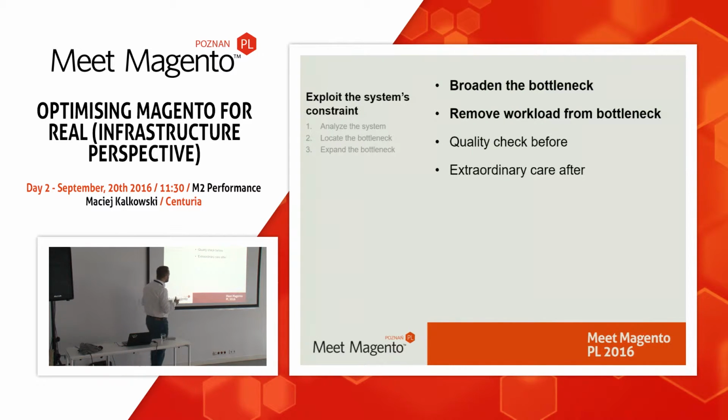What they also figured, and we cannot apply this to Magento, in the production line, they did the quality check before processing the part by the bottleneck. So the bottleneck doesn't process the bad parts, which will be thrown away at the very end of the production line. And they marked the parts which were already processed by the bottleneck, so the people processing this particular part will provide extraordinary care after processing by the bottleneck. So there will be no thrown away parts